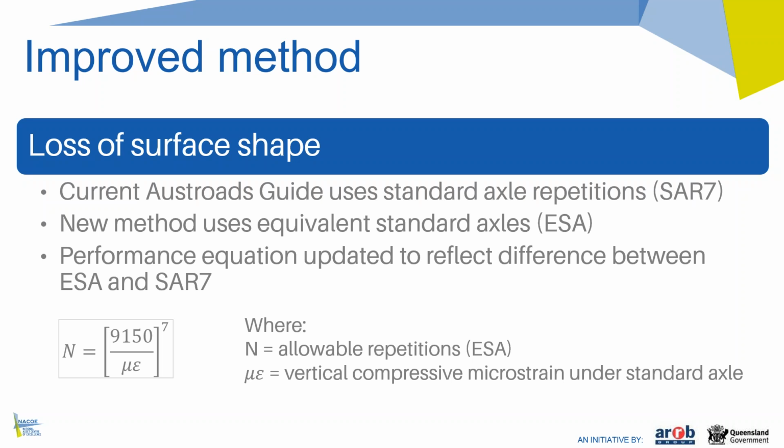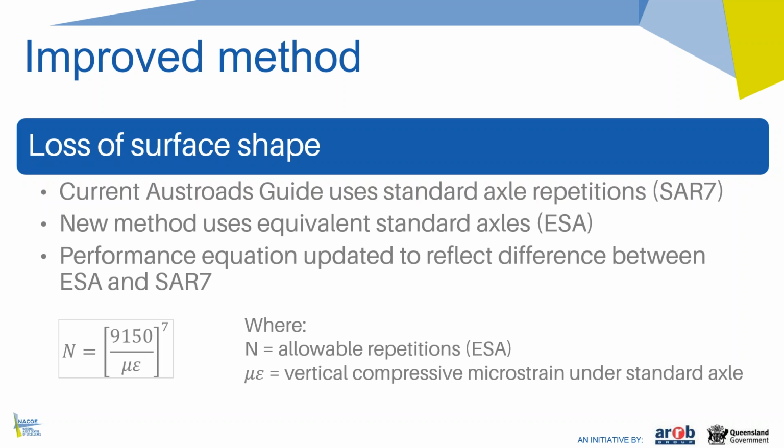In the new method, it's not necessary to calculate SAR 7. We don't need to calculate SAR 5 either. So instead, the damage for subgrade rutting is considered in units of ESAs. So the performance relationship for subgrade deformation needs a slight adjustment to account for that difference between SAR 7 and